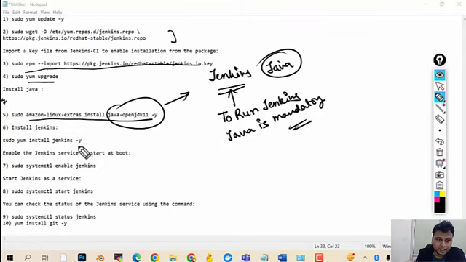After this is done, we will be installing Jenkins. So sudo yum install jenkins. If you have used sudo su initially, it's completely optional to use sudo. So yum install jenkins -y. Hyphen y means keep yes for all the